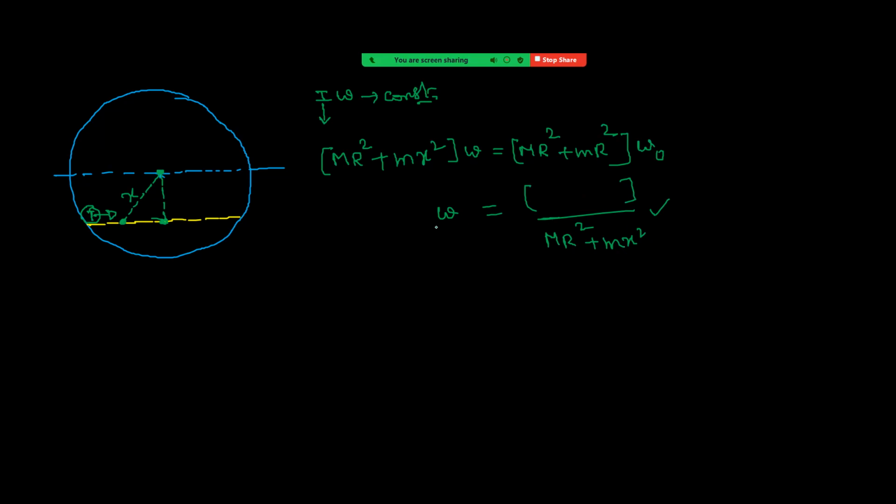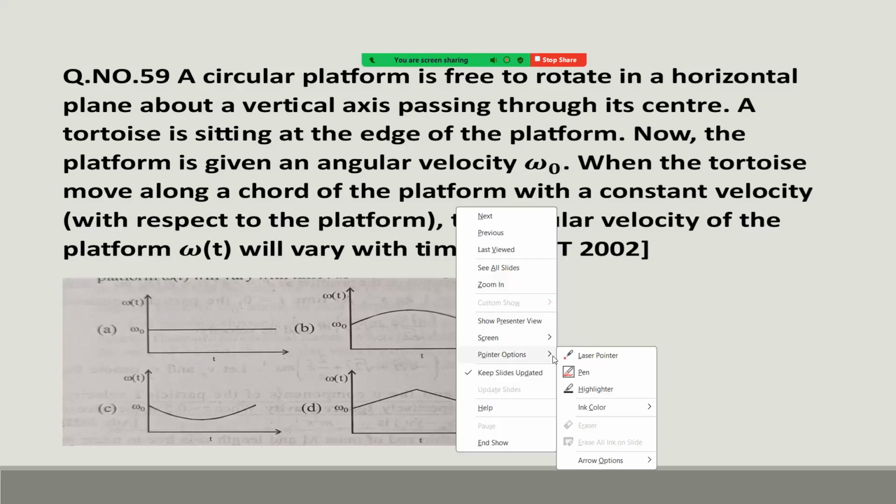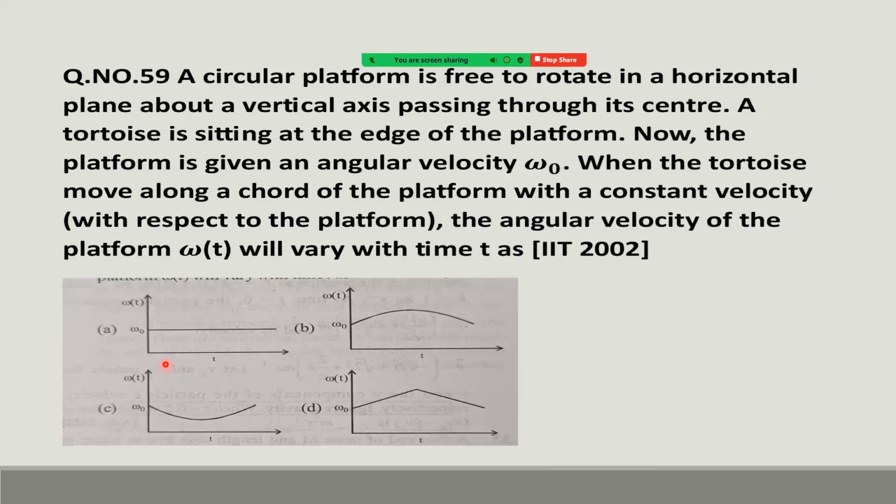So we can say that omega is not changing linearly, right? Then say options. It is not changing linearly. So option A is not correct. Option D also not correct. Okay. Now remaining is only option B, because in option B,